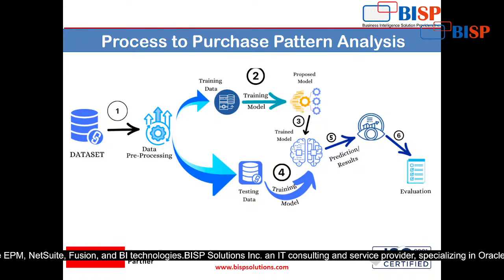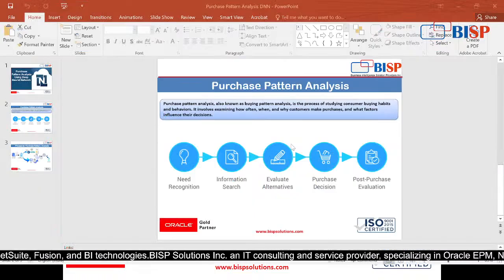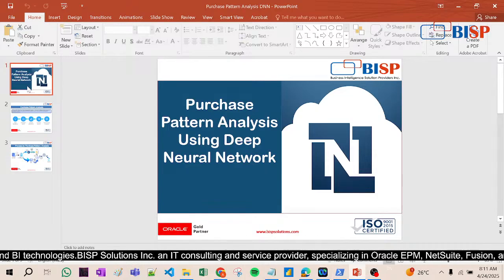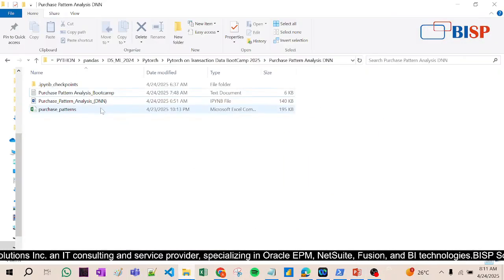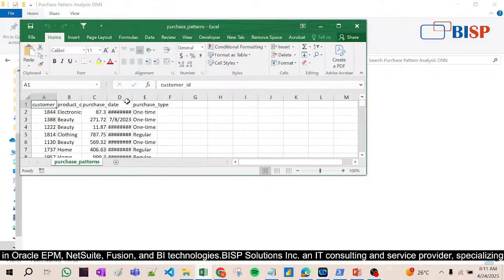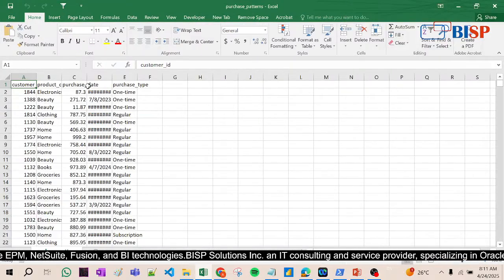That is why we have taken the data from the NetSuite ERP, right? We have the data from NetSuite ERP, and let me show you that Excel sheet, the purchase pattern Excel sheet. Now look at this first. Let me open this Excel sheet and I will show you, and then we will do the analysis on that, right? We have designed a report in NetSuite in such a way that we get the customer ID, we get the product ID, and then look at this.